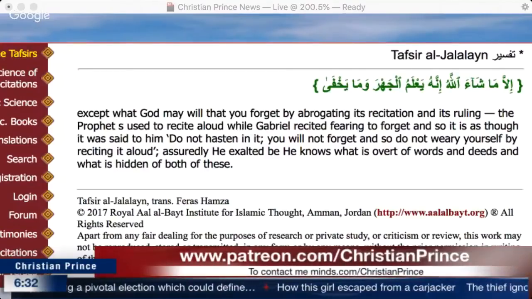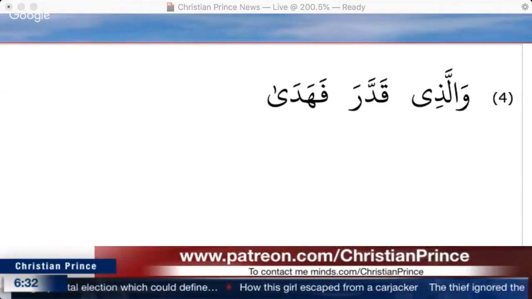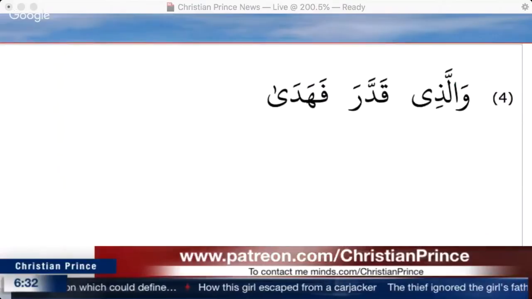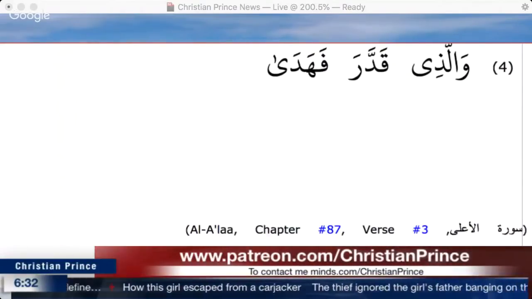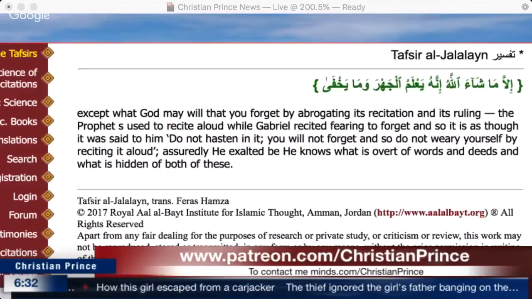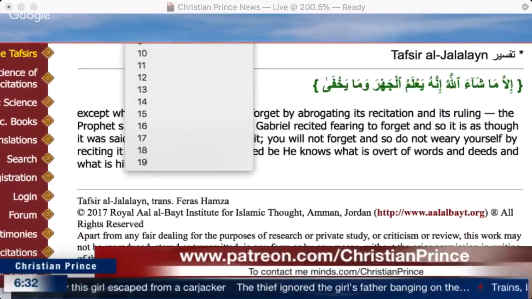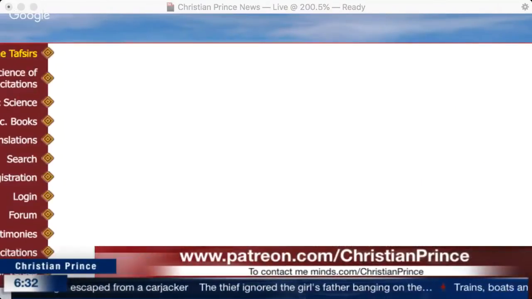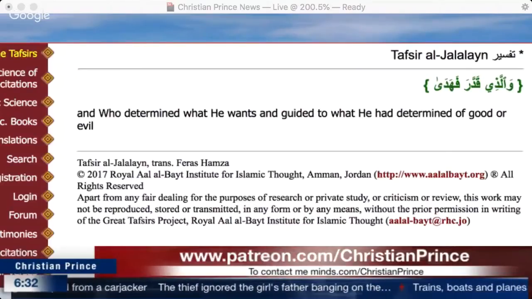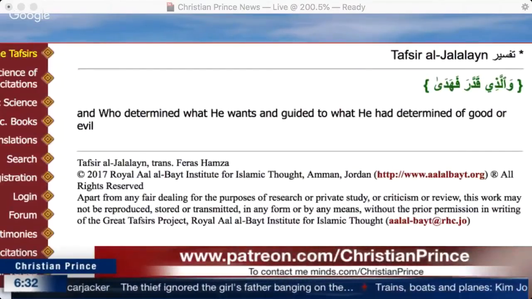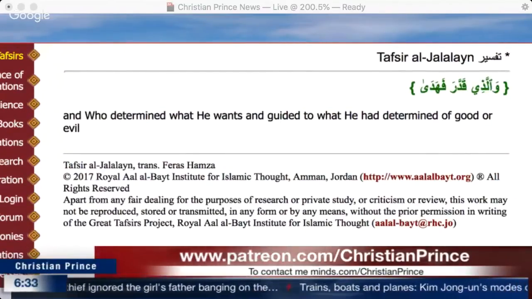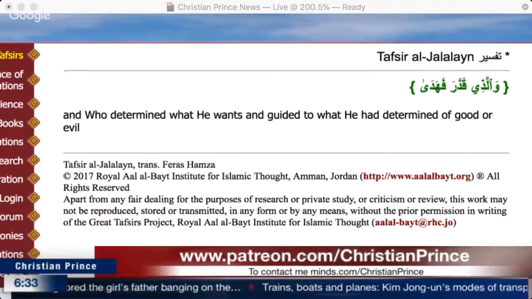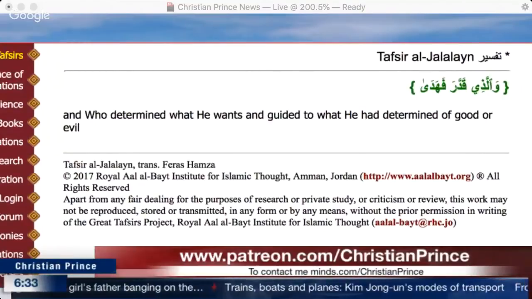In that verse I gave you, it says clearly that except what He decrees, and He guides after that. He decrees and He guides who? He decrees and He guides those whom He decided to guide. And so it is His decision, not your choice. So the question then, why am I going to be rewarded or punished if it is Allah who decides who is going to be guided, who is going to be misguided?